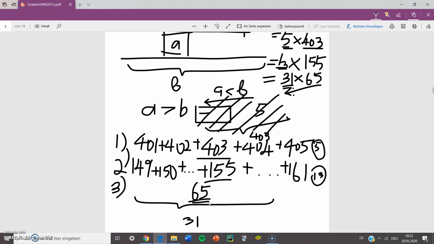Let's calculate what the first number would be. It will be 50. So we add 50 plus 51, then we add until 165, then again we add these until 80. Because 50 plus 80 should be double of 65. So these two will be twice of 65. I think this is all.